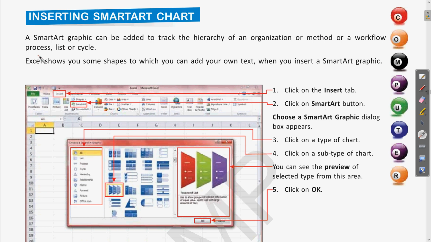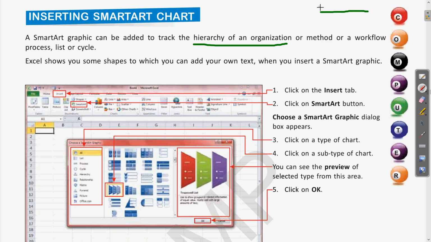Let us see. A SmartArt graphic can be added to track the hierarchy of an organization or method, or a workflow process, list or cycle. So here we have the different terms. For example, hierarchy of an organization. Suppose you are making a chart where we are denoting the step by step organization flow.